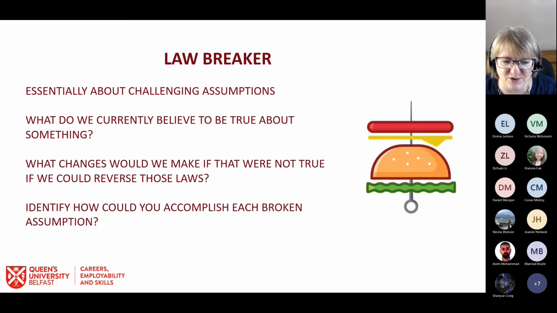And things like, and I know it's another food example, putting the cheese into the crust of a pizza, that's challenging the law of pizza. You didn't know there was a law for pizza. I think I just made that one up. But it's challenging our idea of what we thought pizza was, just a bread base with toppings on it. Maybe you can do something else to it. And that's basically all Lawbreaker is, challenging our assumptions around something.